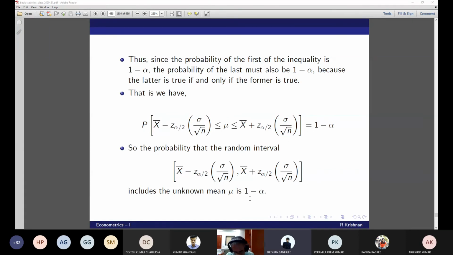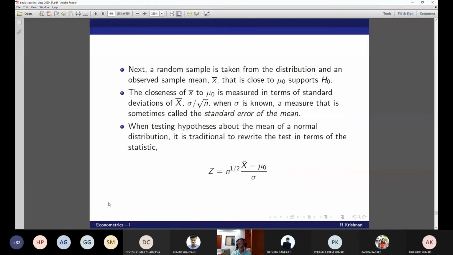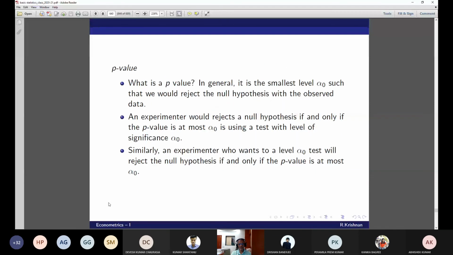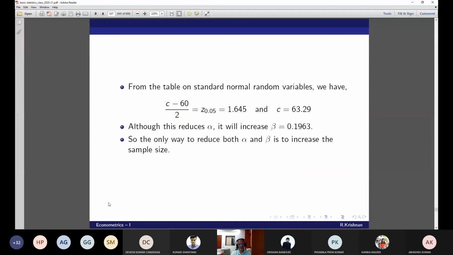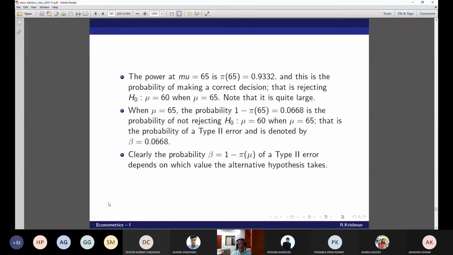Yes. But in your slides, you've written this: the size of the test is the supremum of the power of the test. So I got confused, because I might be wrong here, but the size of the test is not the power of the test in my opinion. Size of the test, remember, size of the test. This example tells you, no? Size of the test is nothing but the power function evaluated at a particular parameter value.